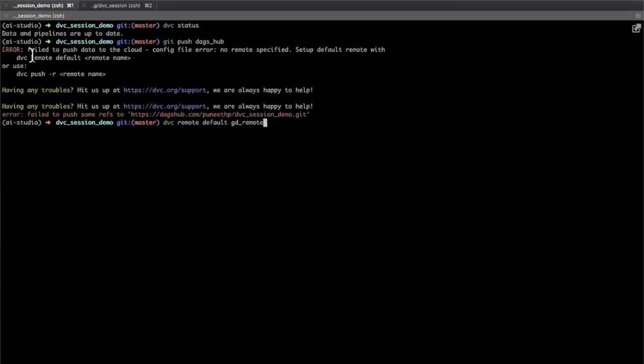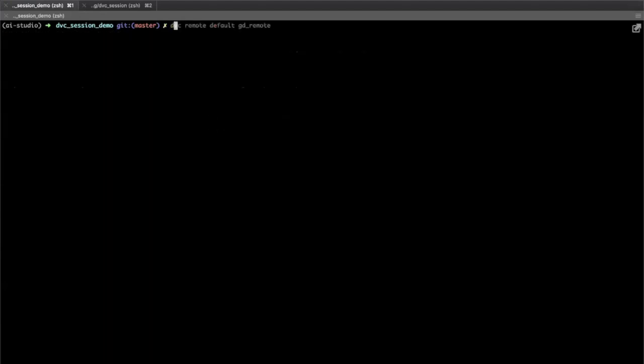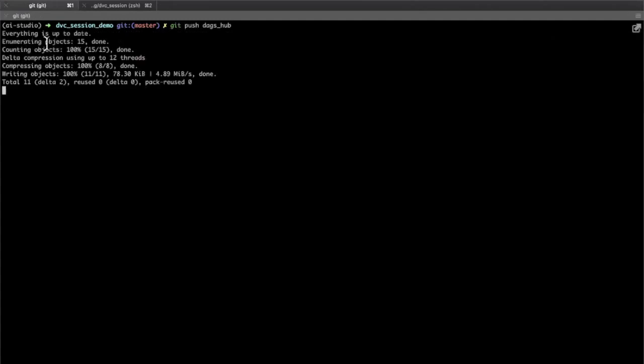So it was asking which was the default remote I should be using. So I said Google Drive is my default remote, just like you do with Git. Now it syncs with Google Drive and then pushes the code to Git.